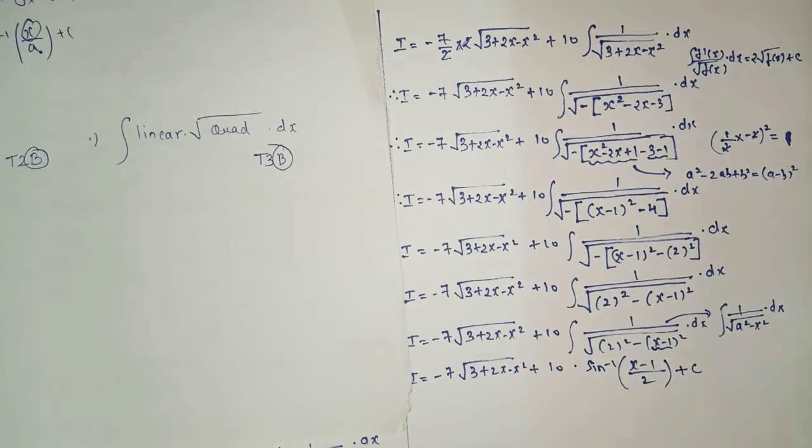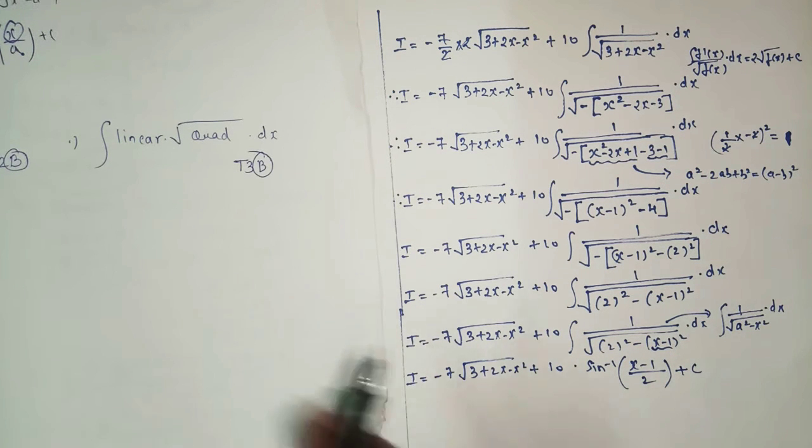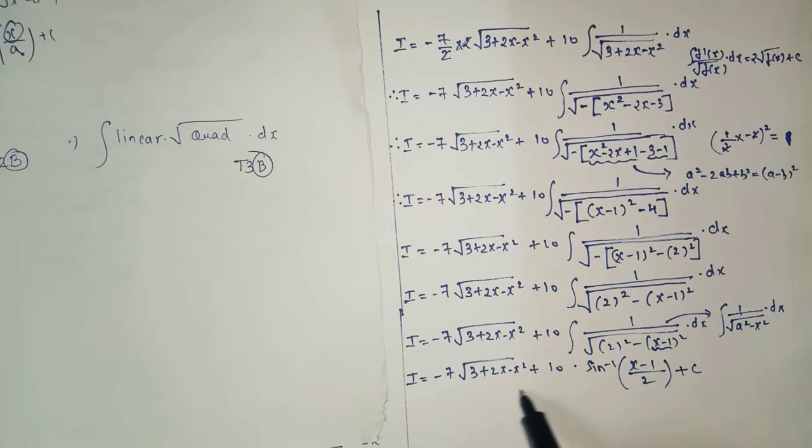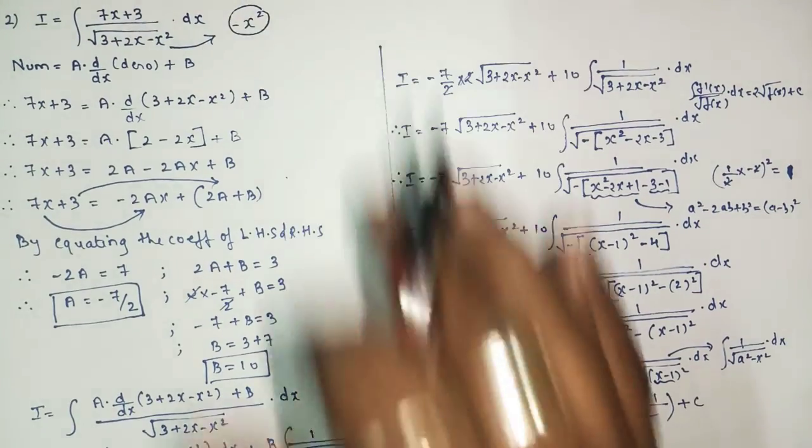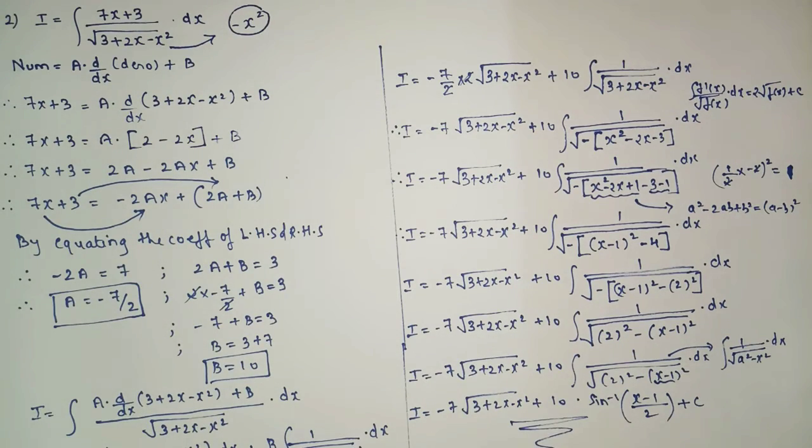Okay. After that, if you feel we can do any further basic adjustment, then only you can solve the sum further, otherwise keep as it is. I think this is the final step, we cannot solve the sum further. We got the answer for this integral section. I hope you all understood the sum.